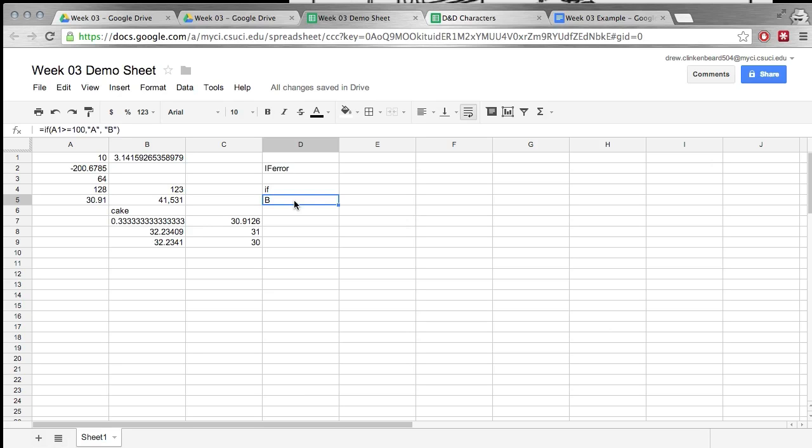Basically you're using some logic to say, okay, if I have this value, then return this other value, or otherwise return something else. This is kind of the beginnings of computer programming, and that's honestly the main reason why I wanted to show it to you here. This, along with if error, not really